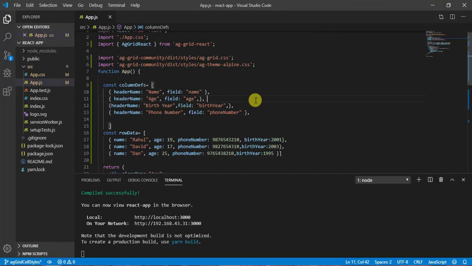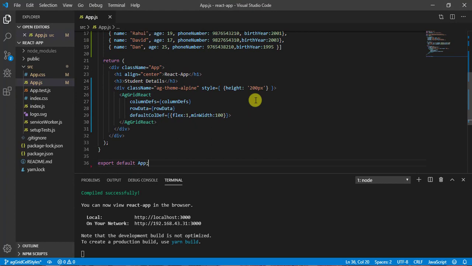Okay, as you can see here, I have this age grid table, and here I have column definition and row data. So we want to add a style to the column cell based on the condition, so we need to write code in the column definition.